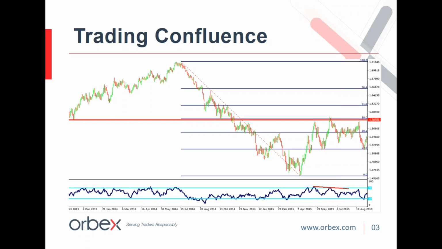So if you think about what the market is telling us now at this level, we've highlighted a key technical level where we have a strong broken support turned resistance. We also have Confluence with the 50% retracement from the high to the low. And then to confirm our bearish trade idea, you can see that we also have identified bearish divergence on the RSI indicator, which shows us that bullish momentum is waning in the market and alerts us to the potential for a reversal. So this is a great example of where we can use different technical elements to build a case